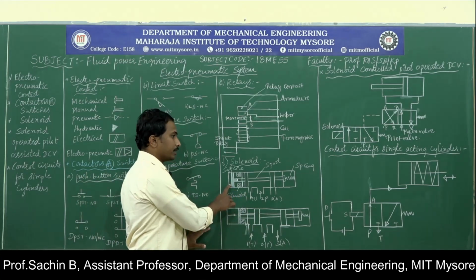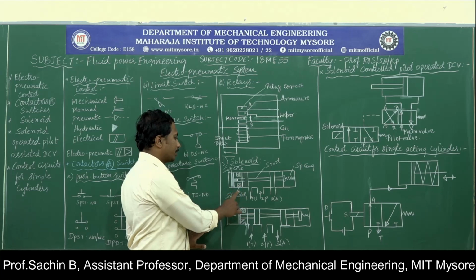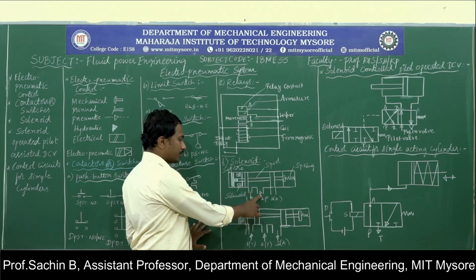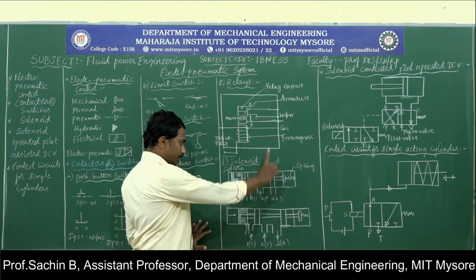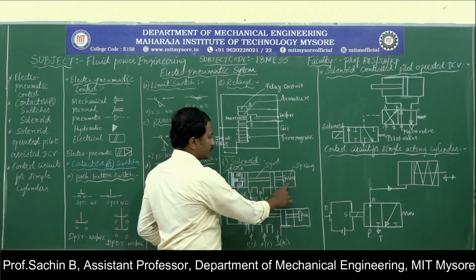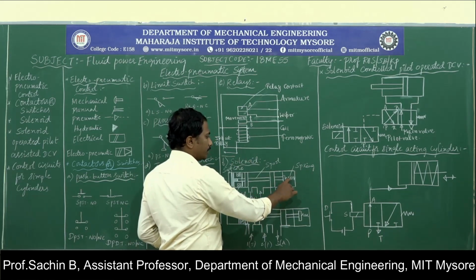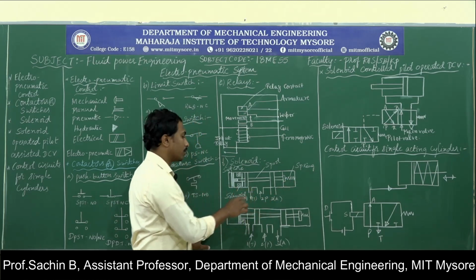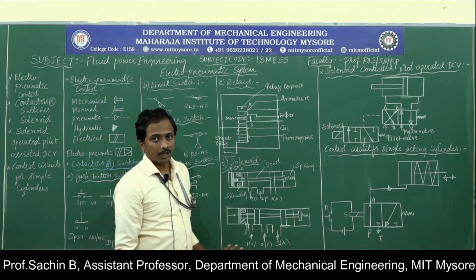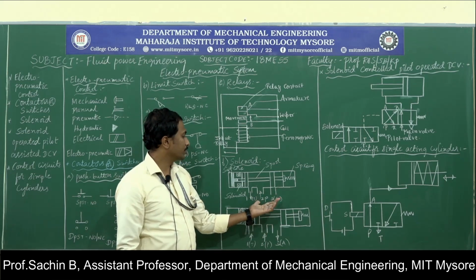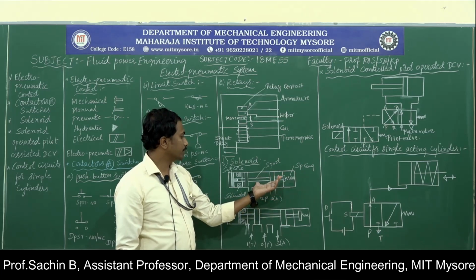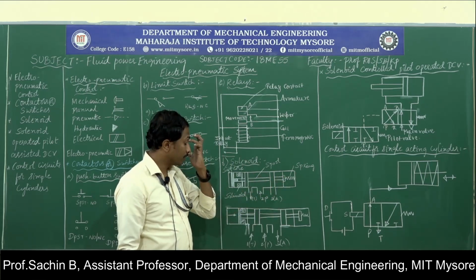This is the soft core present inside it. These are the solenoids, these two are solenoids. This is the spool, this end is for the tank, this end for the pump, and this for the cylinder. This type of direction control valve will be spring operated. These are called 3/2 direction control valves, meaning 3 ports and 2 positions. This is the symbol for the 3/2 direction control valve.